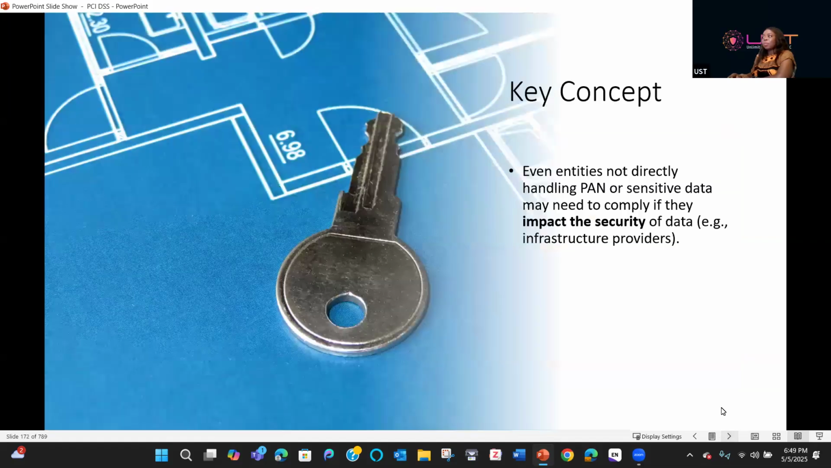with PCI DSS. But even entities not directly handling PAN or sensitive data may need to comply if they impact the security of the data, e.g. the infrastructure providers. So even if they are not directly processing or handling the PAN or SAD, just the fact that they provided infrastructure where information will have to pass through, they have to be in compliance with PCI